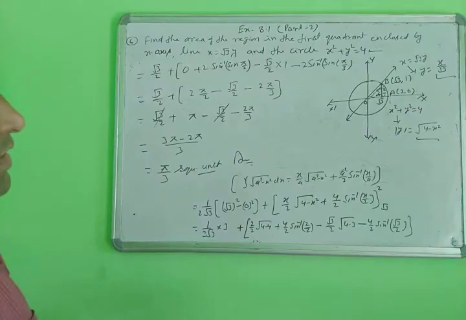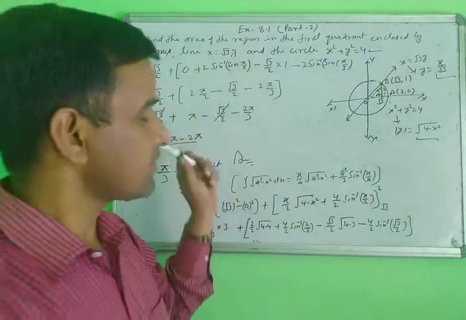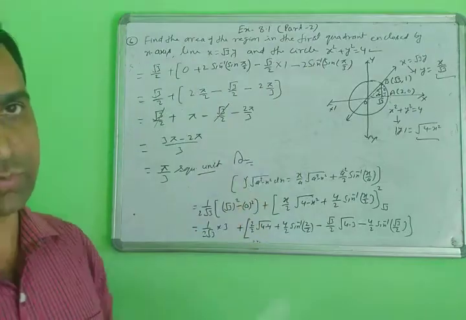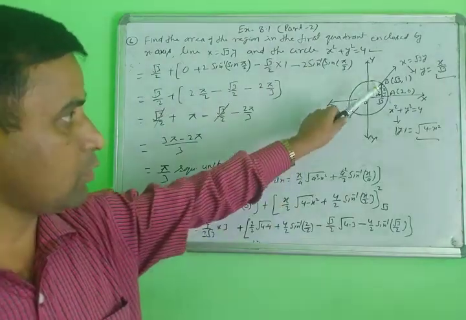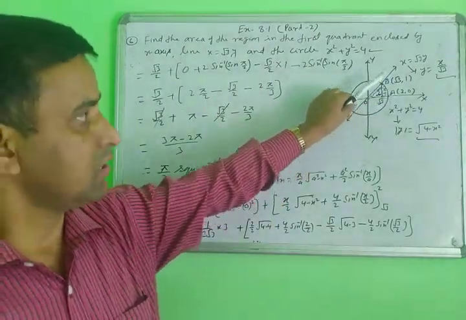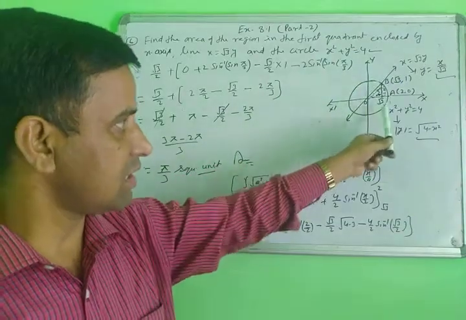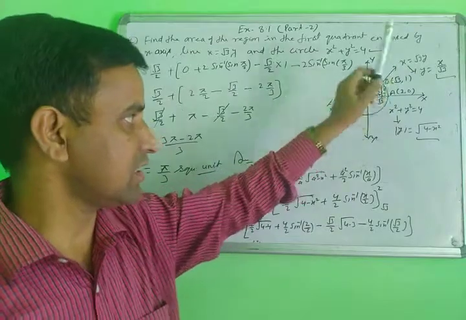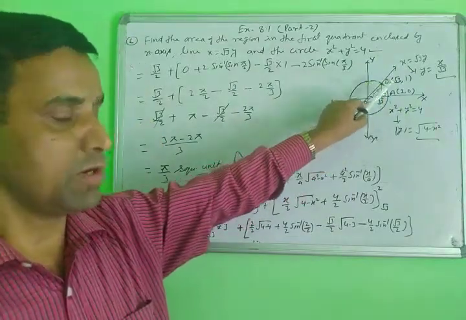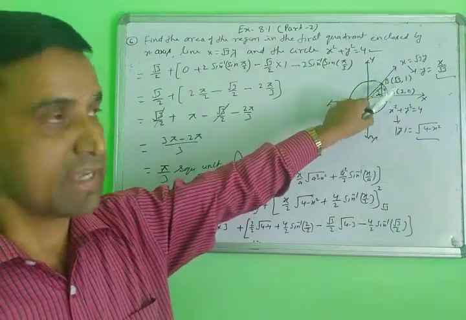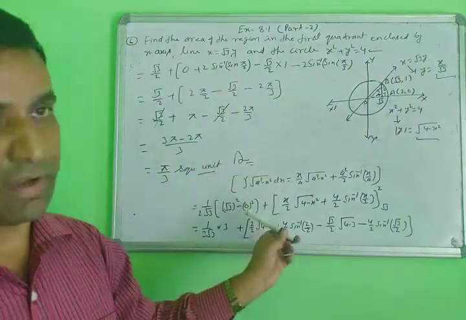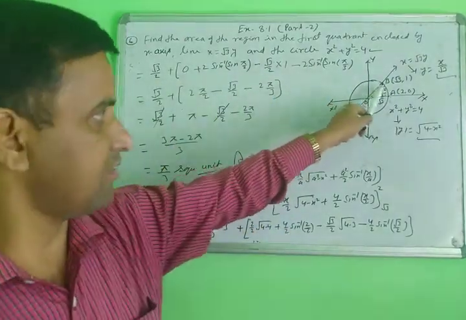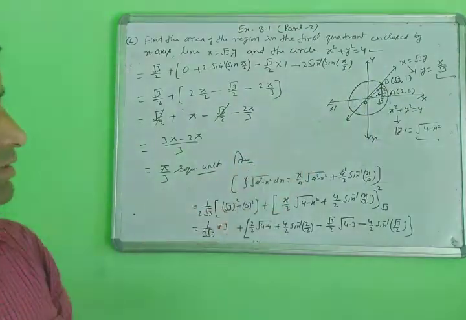Yes, in this way, this type of question is a 4 marks or 5 marks question. So when you draw the diagram, be very careful about where your line is, where your circle is, where your limit is, and where your intersecting point is, line or circle. Then solve each point step by step, then calculate the area. This is your final area of this portion, pi by 3. Yes, note it down.